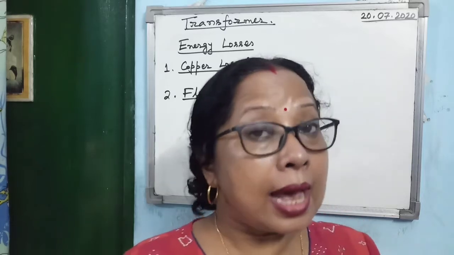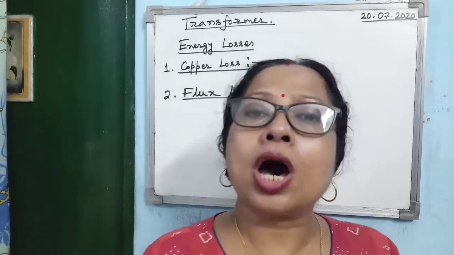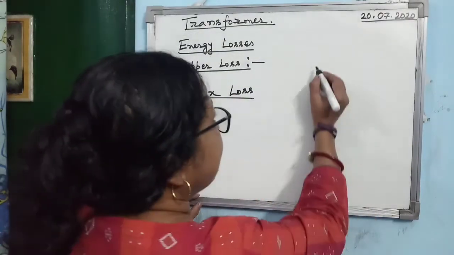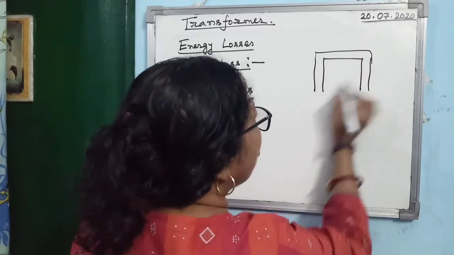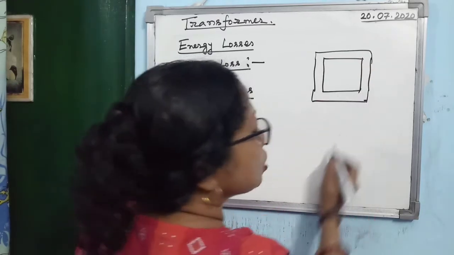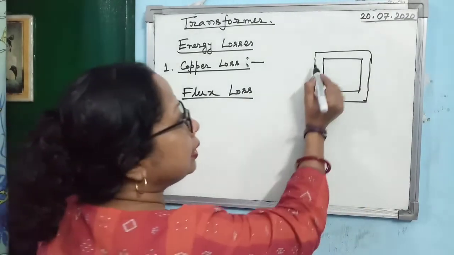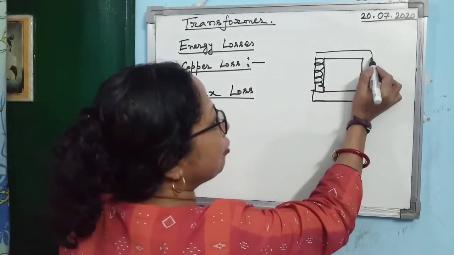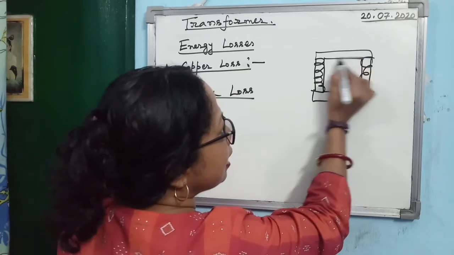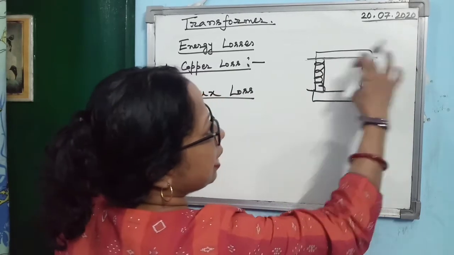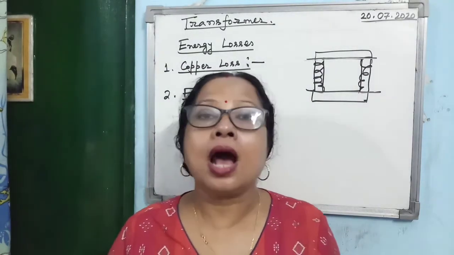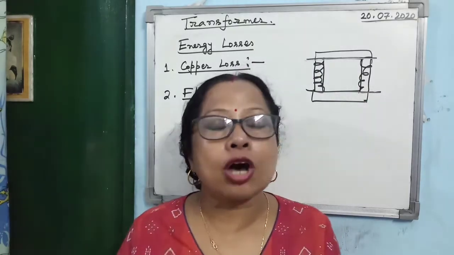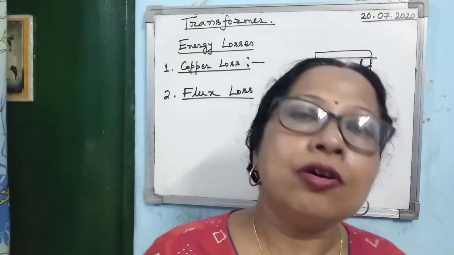How to minimize flux loss? You must learn all the losses as well as how to minimize each loss. So how to minimize the flux loss? Instead of an open core, we take a rectangular closed core. Why a rectangular closed core? When you take a rectangular closed core, the probability of magnetic flux loss will decrease, because just look at it, these two sides are the same. So by using a closed rectangular soft iron core, one can minimize the flux loss.